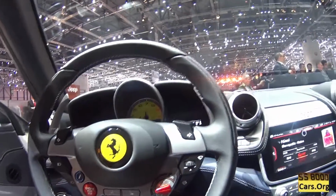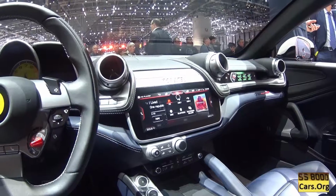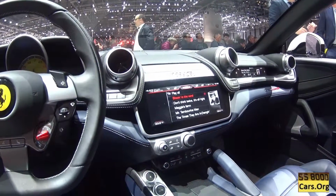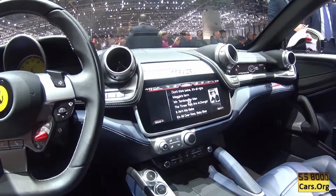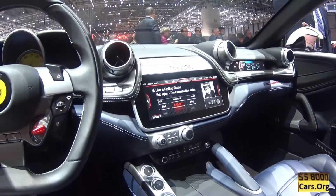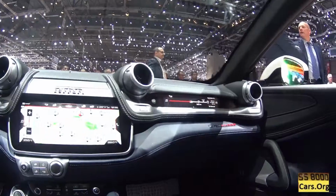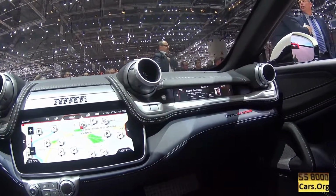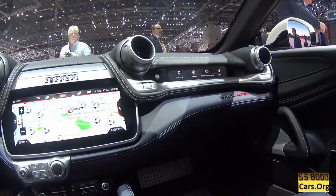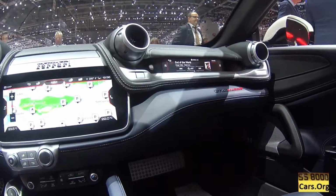I miss my FF. But in the middle, the entertainment console, as I call it, which is a 12-inch screen now, is bang up to date. The system in the FF was ready for an upgrade, and you can probably see from the other side we've actually got a control unit for the passenger. So I know that you can scroll through that to actually get media, navigation, performance, and information about the